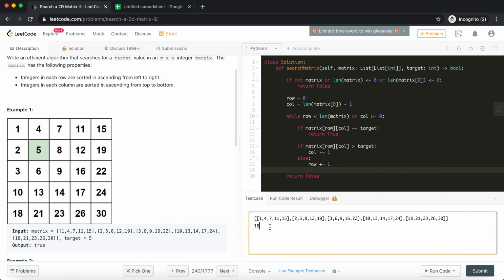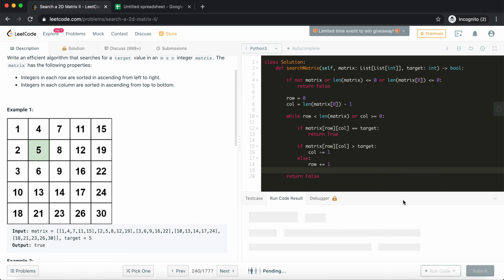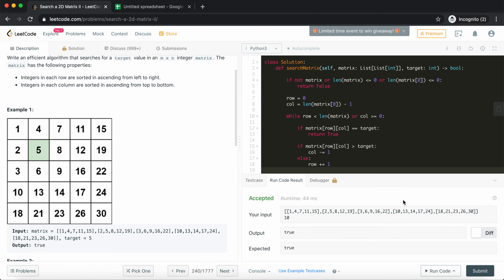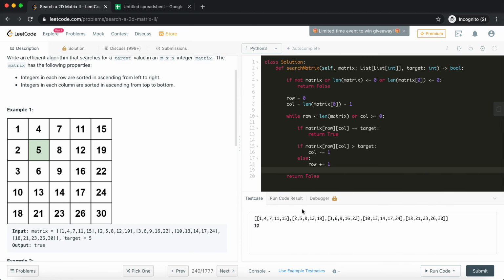Let's try for some negative cases. Let's say 10, which does not exist. Oops, my bad, 10 exists. Let's try for some other cases, for example an element that does not exist. Let's say 35.